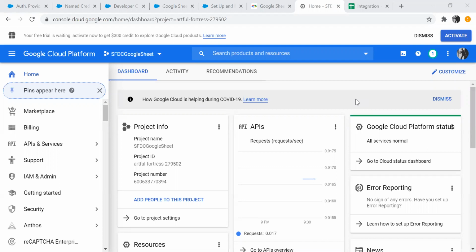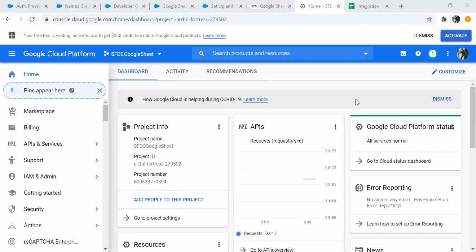Okay. For that purpose, we need to follow multiple steps. First step is creating the client application on the Google side. Second is creating the authentication provider on the Salesforce side for storing the details of the Google authentication. And next we need to create the named credential. There we will be storing the authentication information under the credentials.